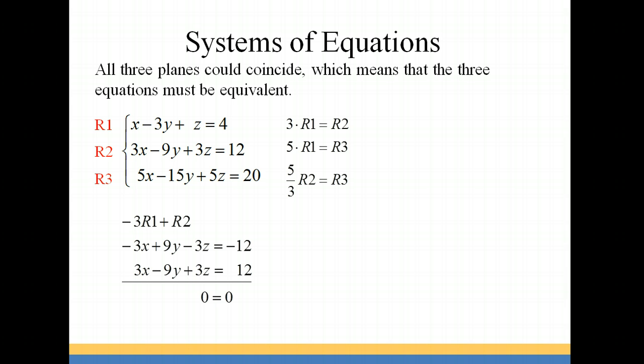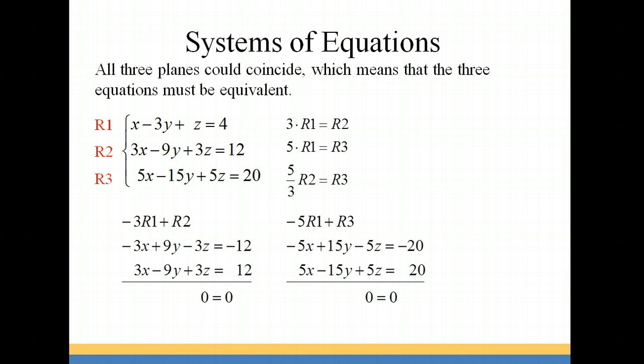If we multiply -3 times the first equation and add it to the second, notice that we get 0 equals 0. It doesn't really help us solve for x, y, or z, but it does give us an idea that there's an infinite number of solutions. If I multiply -5 times the first equation and add it to the third, I also get 0 equals 0. That's telling us that these two equations are